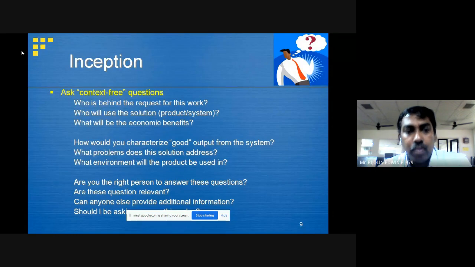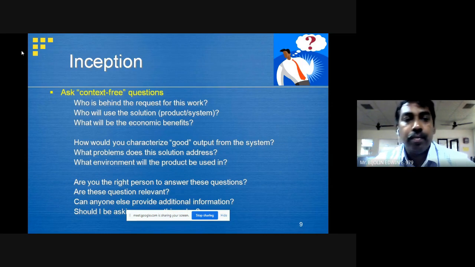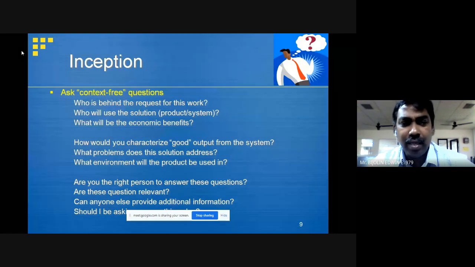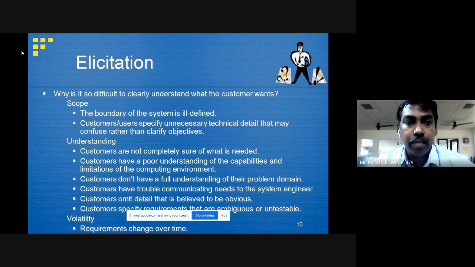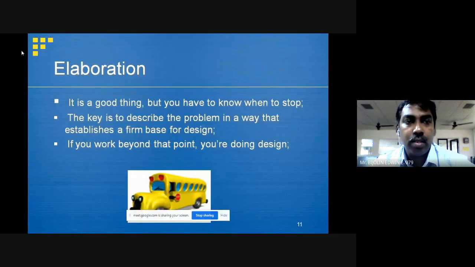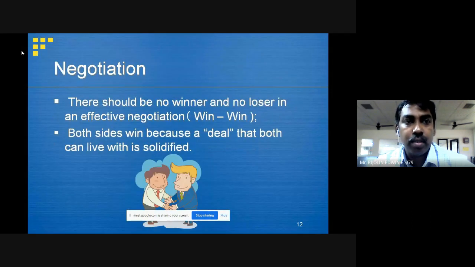Here we can see some sample questions like who will use the solution, what will be the economic benefits in the future. Likewise, there are approximately 10 frequently asked questions, which we call FAQs, that are asked in this particular context. Then, related to the different processes, we can also work on this requirements engineering phase: inception, elaboration, negotiation,